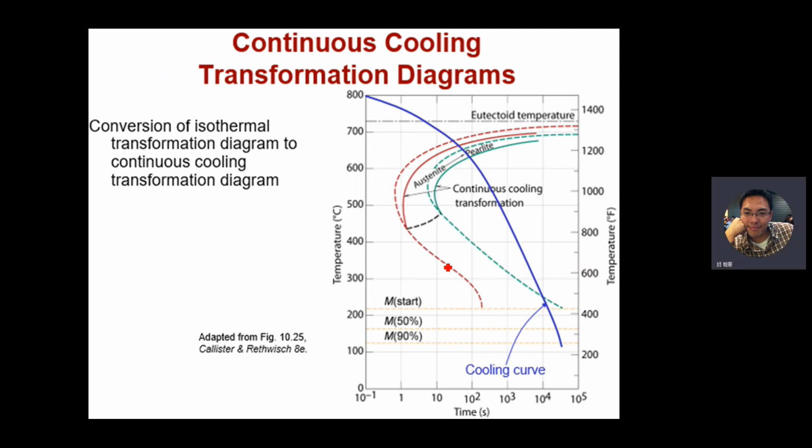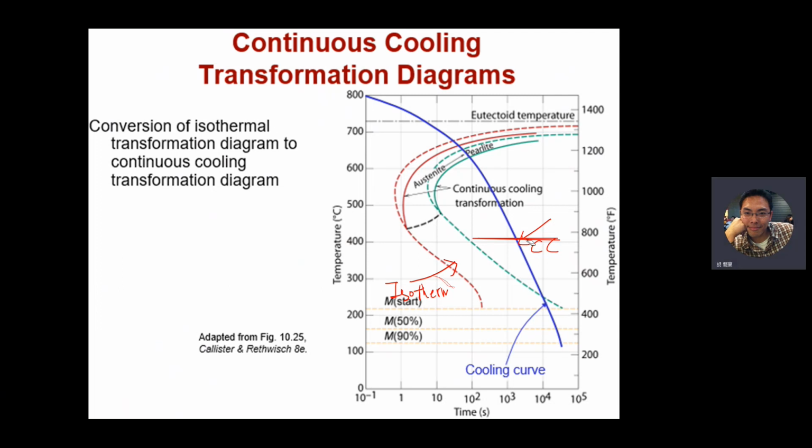So this dotted line means the isothermal, and this line is continuous cooling. Okay, sorry,